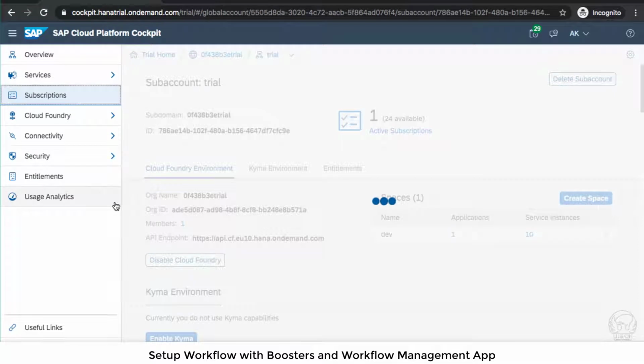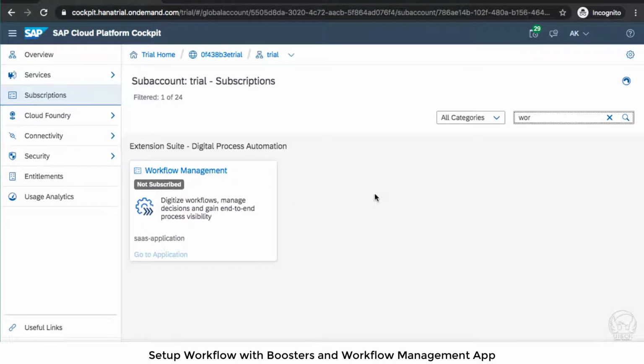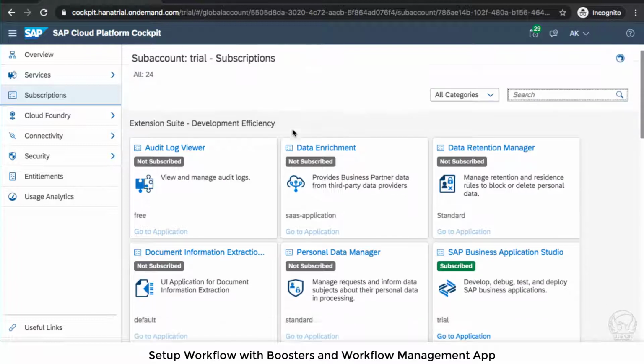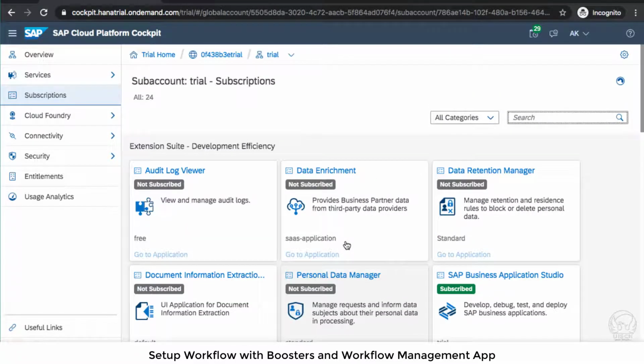So the first step is to check what is the workflow status. So here what I'm looking for is whether previously this workflow management or workflow is subscribed or is active in my SAP Cloud Platform. So it is not. So there are a lot of steps which you have to follow to set up the workflow in SAP Cloud Platform. And what we are going to do, we are going to basically use the feature of booster which is